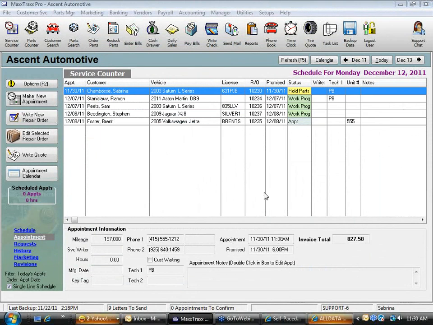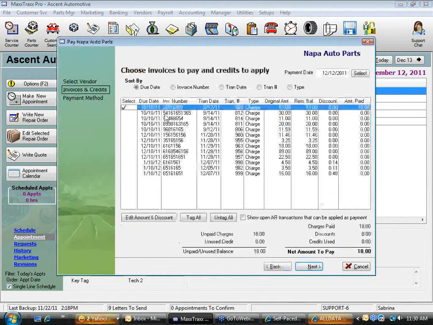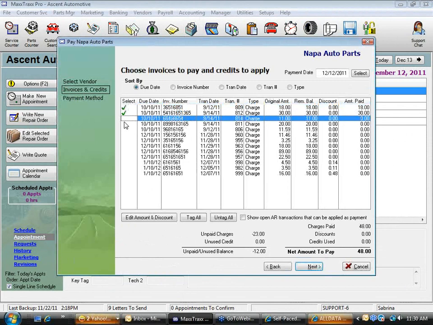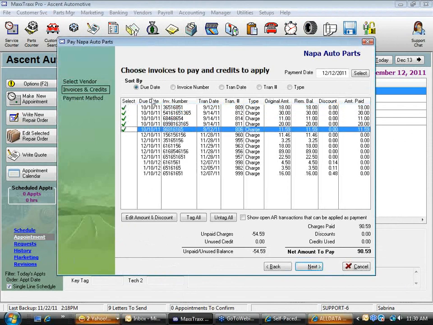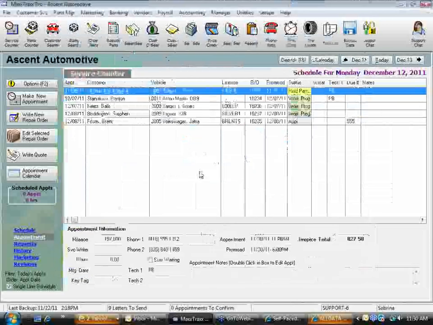Let's give it a whirl. Let's jump into Payable. That's actually a great question, Sarah. So let's jump into Napa, and let's just grab them all for October. Let me write this down. It's $90.59. Let me just hit cancel and save this really quick